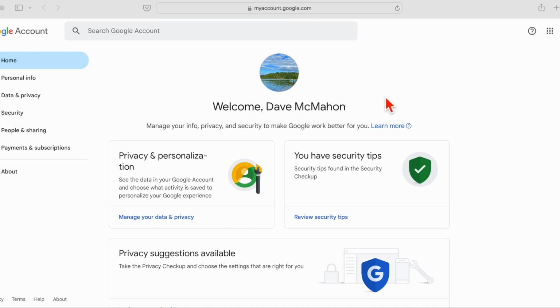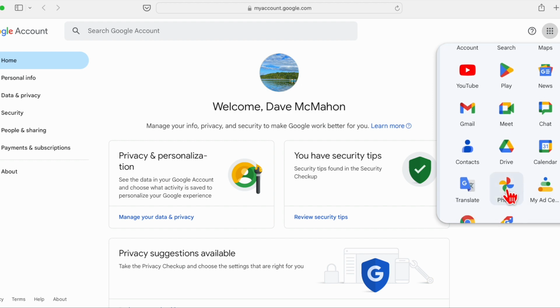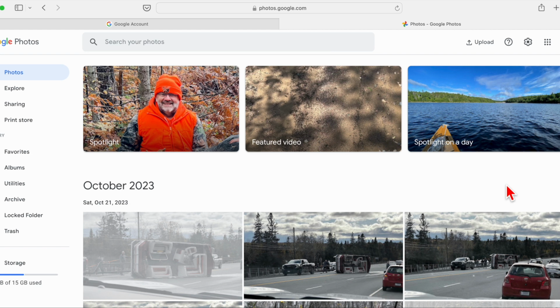There's mine, Dave McMahon. And if you pop up here and click, you'll be getting email notifications every time there's a new album shared to you. From there, that'll be a shortcut, a link to the new album. But mostly what you'll want to do once you know what that is, go down here to photos, click that,